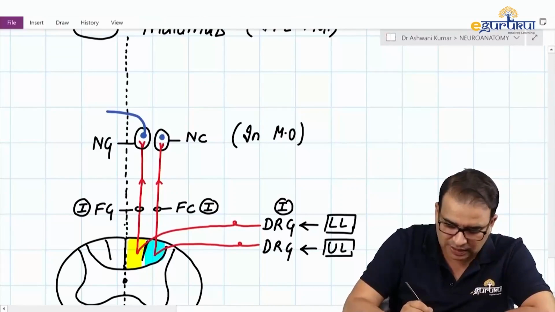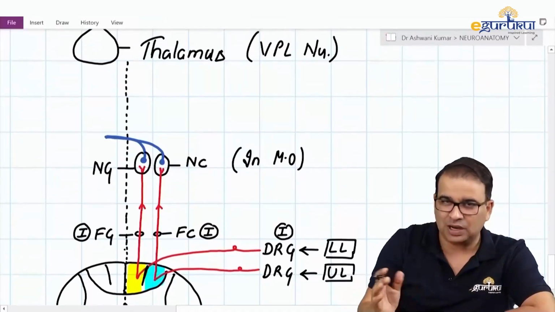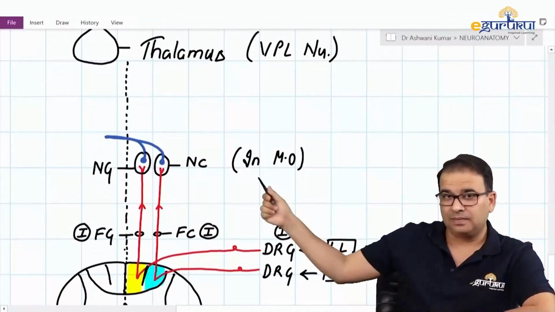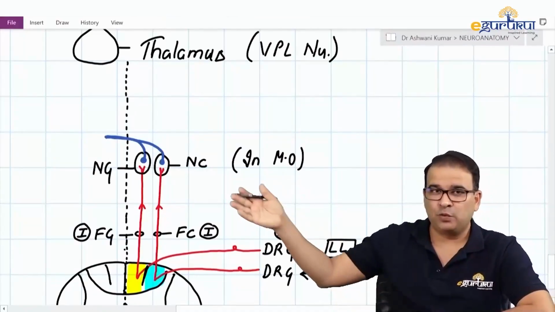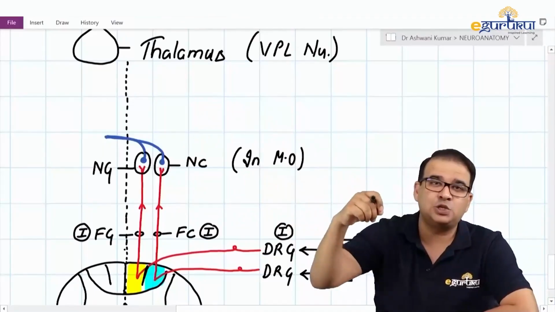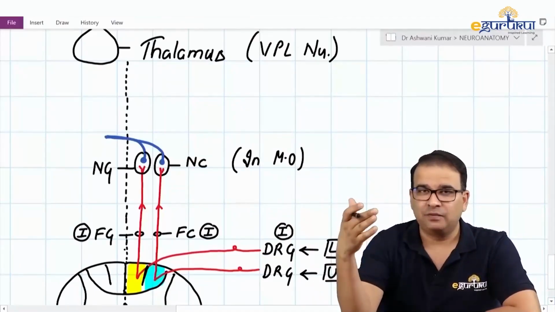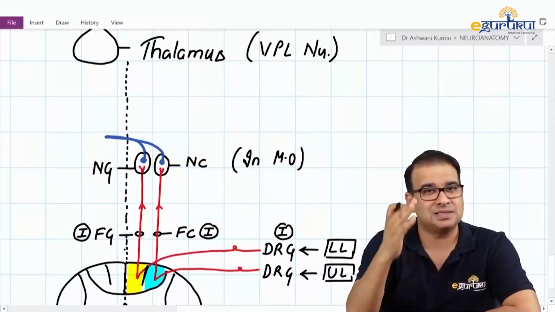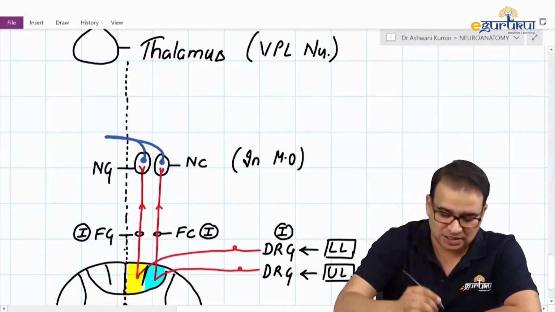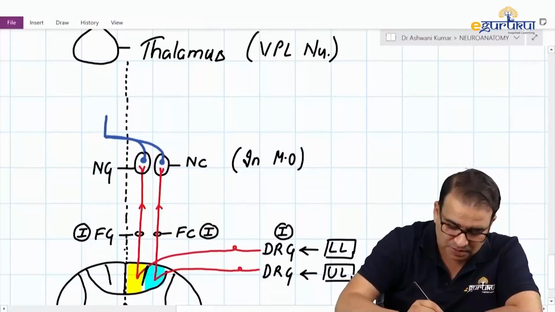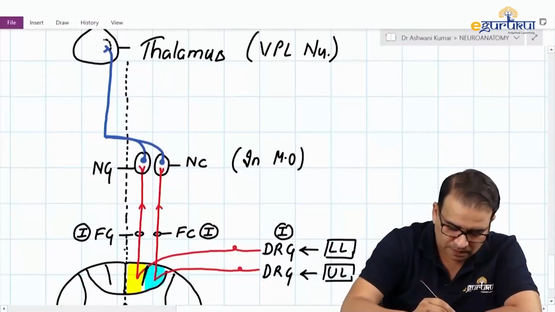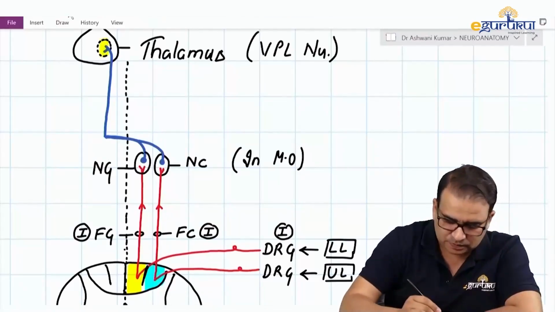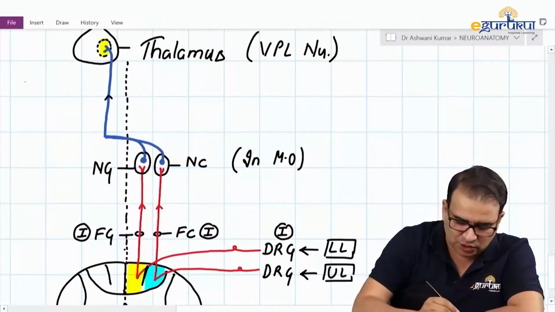They immediately decussate to the other side, and because they are decussating in the medulla oblongata, in the brainstem, when they ascend on the other side, the name will change to lemniscus. We said that once the tract decussates, goes to the other side, and ascends in the brainstem, the name changes to lemniscus. So this is what you call the medial lemniscus. Going to the same VPL nucleus only. So this lemniscus here, guys, is called the